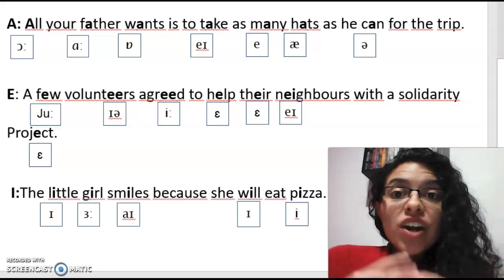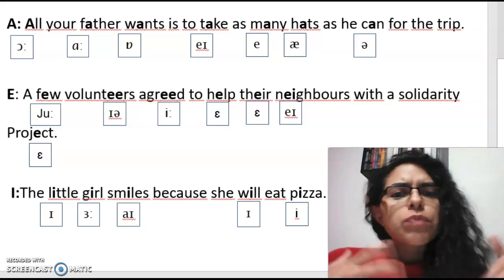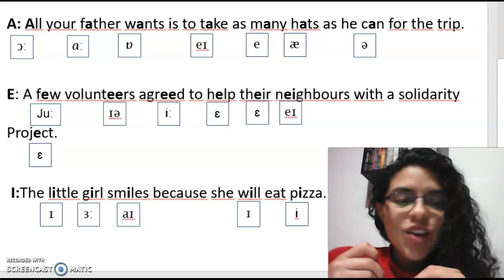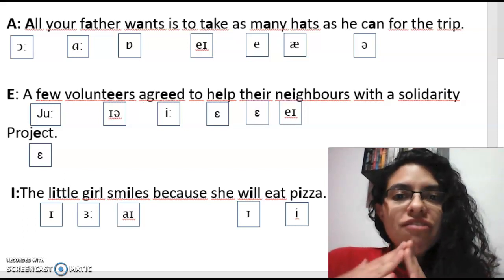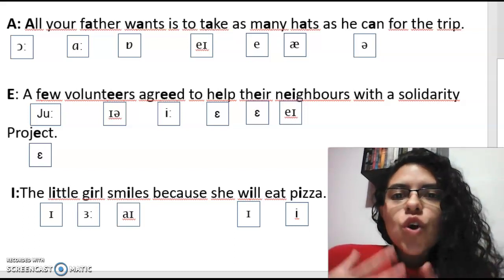So today we are going to learn about the difference between spoken English, the pronunciation, and the written English. Okay, so in this video we will focus only on the vowels. I know sometimes we can get confused with the